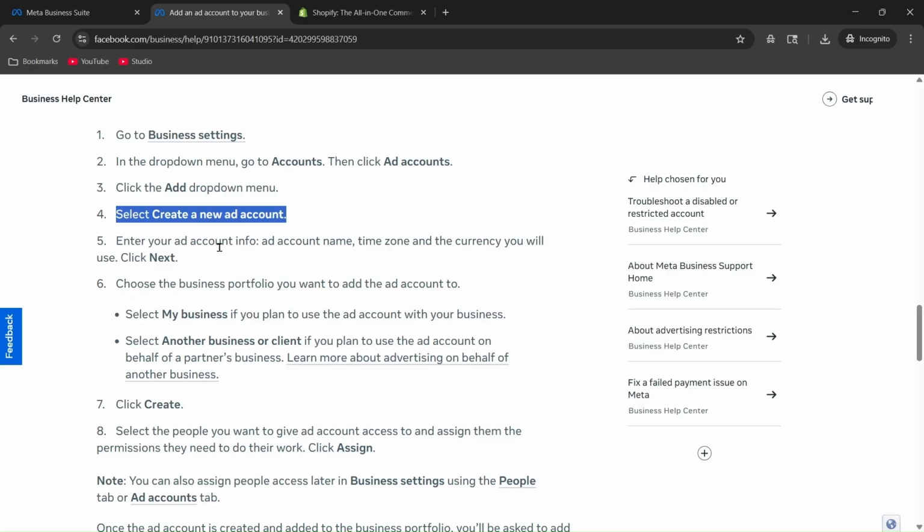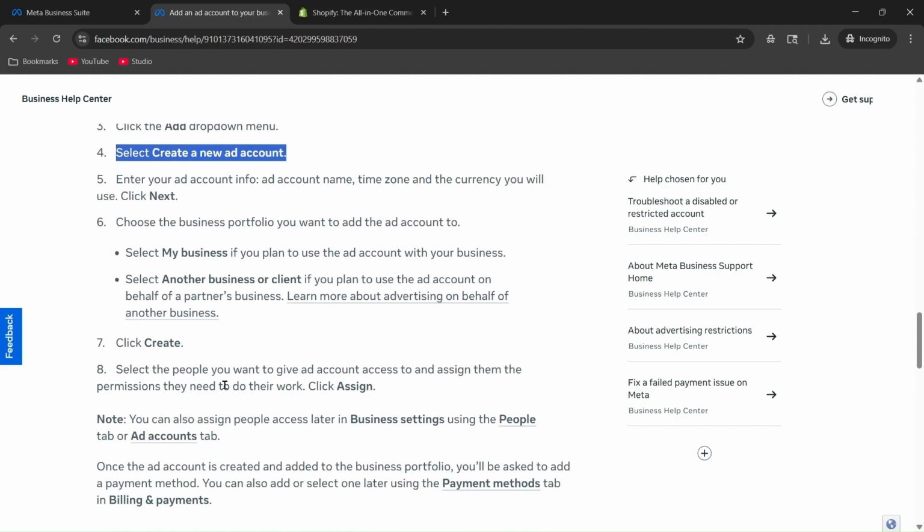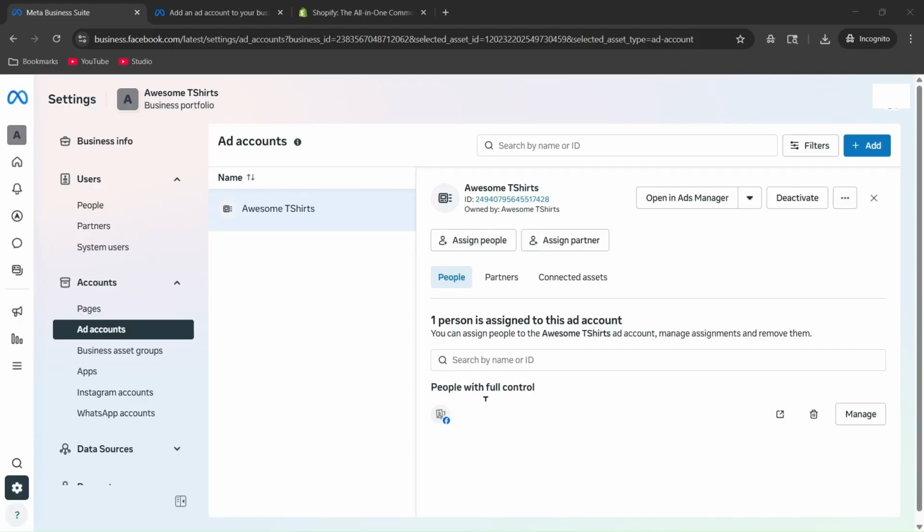We'll enter our ad account info, which is just our account name, whatever you want it to be, your time zone, and our currency. Then you select what business profile. You'll probably only have one, so you select the business it's going to, and you click create. And that's it. You're all set. If you have to assign anybody, like yourself, to it, just click assign. And once you're all set, it'll bring you back to this page here,